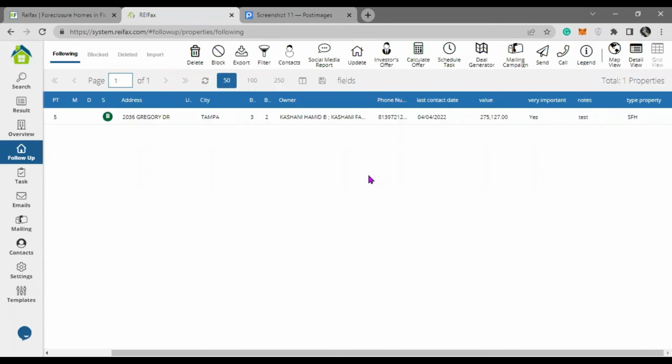That will be all that I wanted to explain to you today, guys, for the use of your templates, how you can create them and how you can also use them to set up your tasks to be automatically sent through your follow-up in